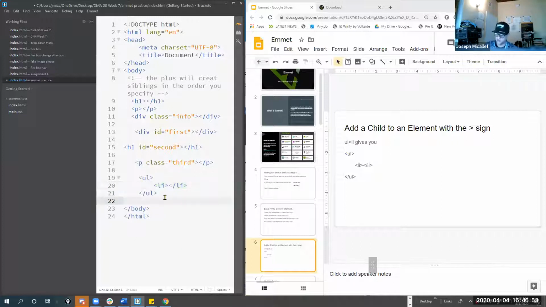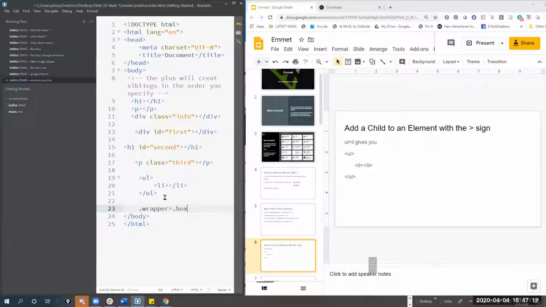It also works with, let's say you have a wrapper. So let's say you want to use a wrapper to be a holder for other elements on the page. You can say wrapper greater than, and let's say you have another box inside the wrapper. What this will do, it will create a div with a class of wrapper, and then put